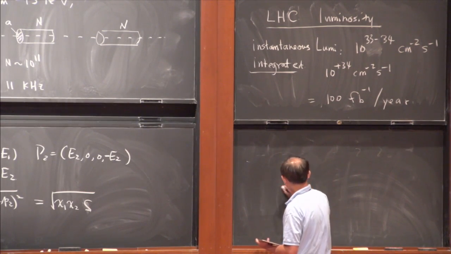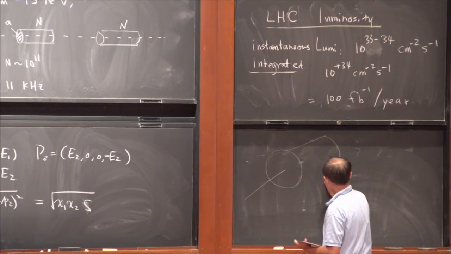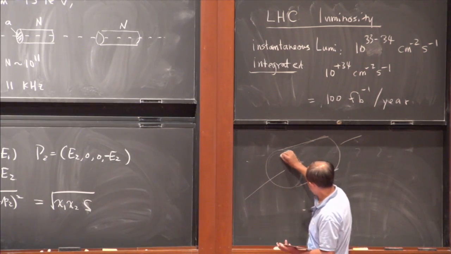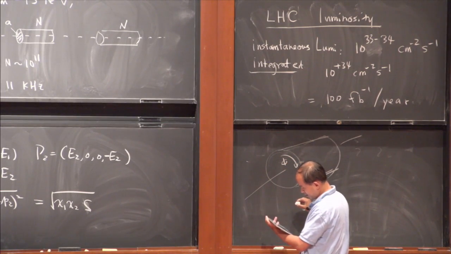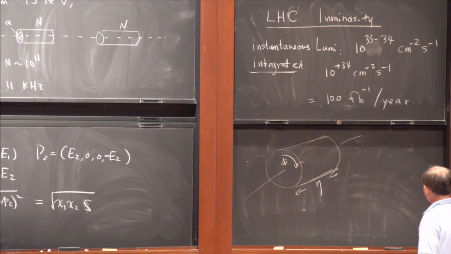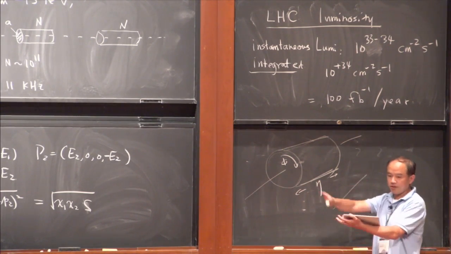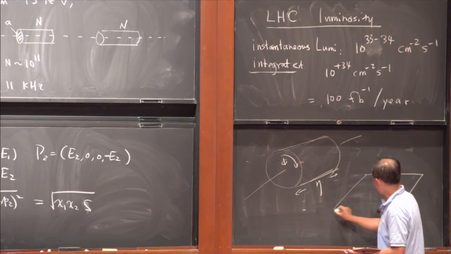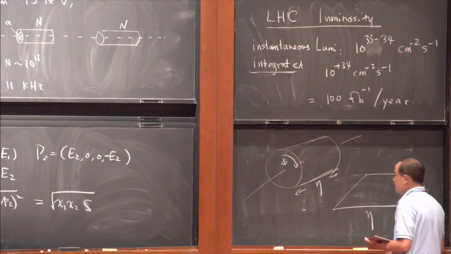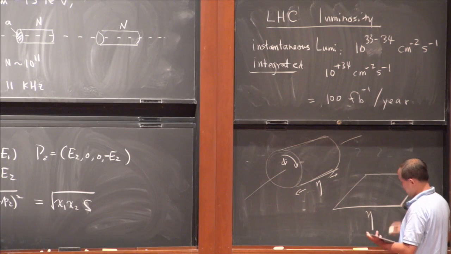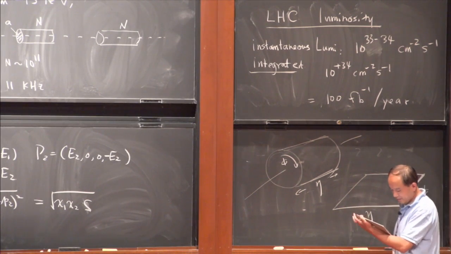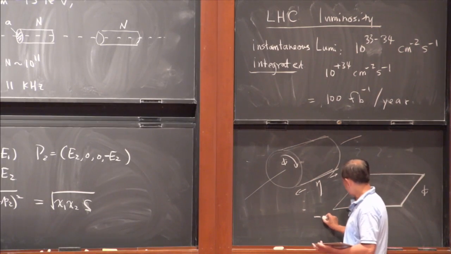So we usually envision our detectors as something like a cylinder. This is the azimuthal angle, and this is the rapidity direction. Or sometimes, if you see an event display, they will just unfold this cylinder and put it on a plane, where this can be eta and this can be phi. So this is from 0 to 2 pi, and this is formally from negative infinity to